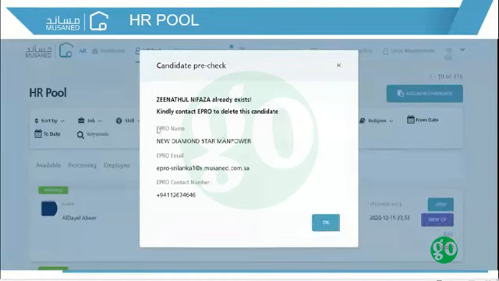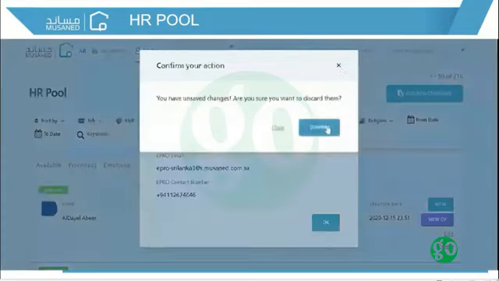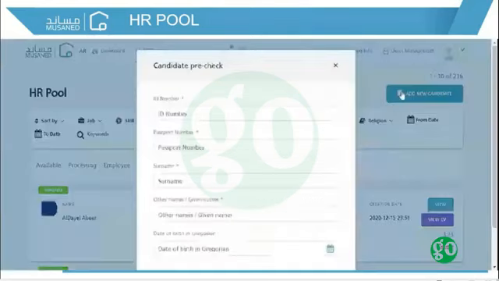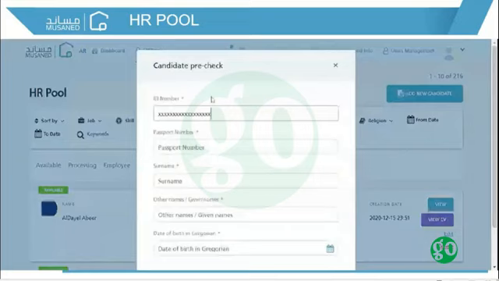The other EPRO's details are displayed for the user in order to facilitate offline communication. So this candidate cannot be added to the organization unless the other EPRO deletes it from their organization. In order to add a candidate under a specific organization, the candidate details should be unique.